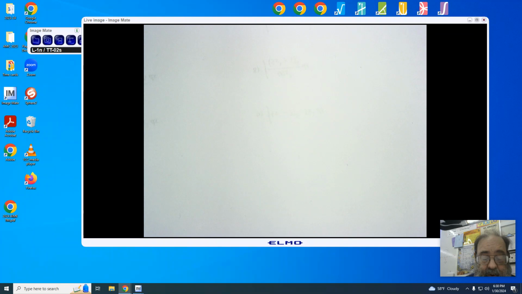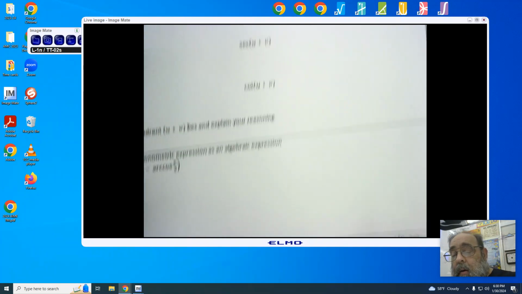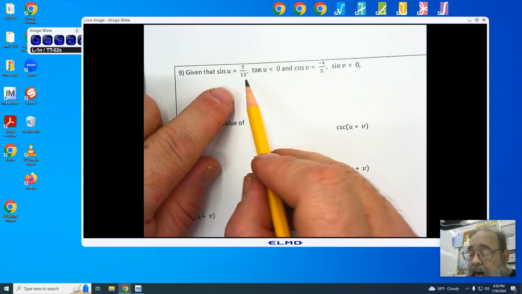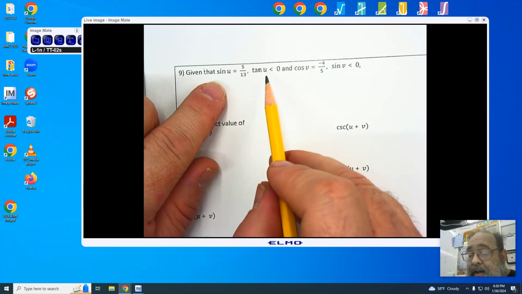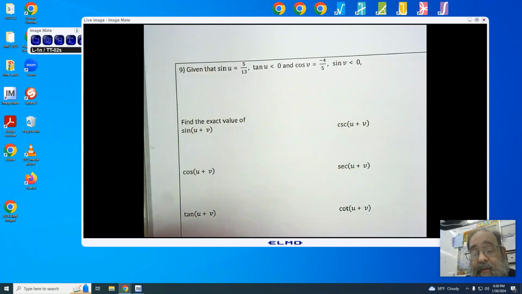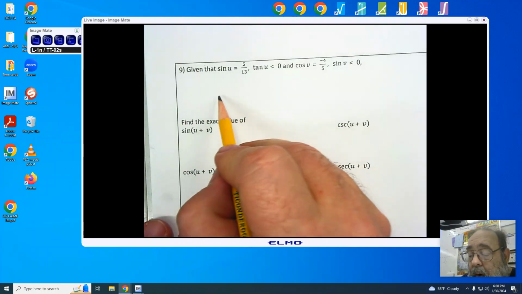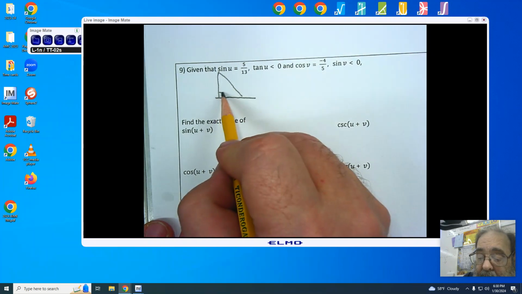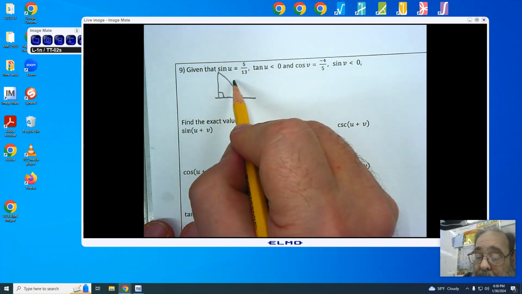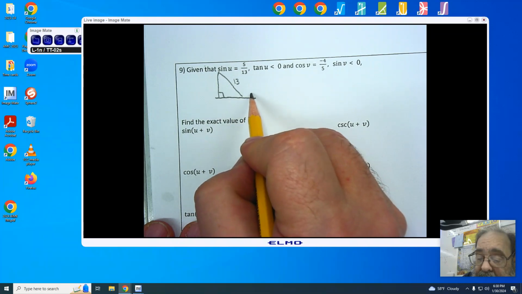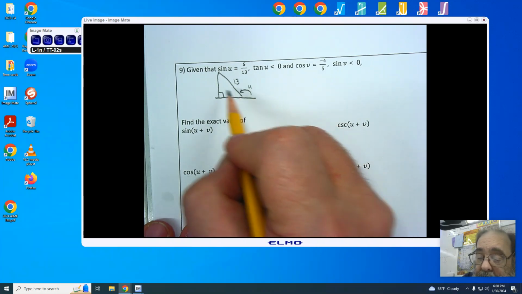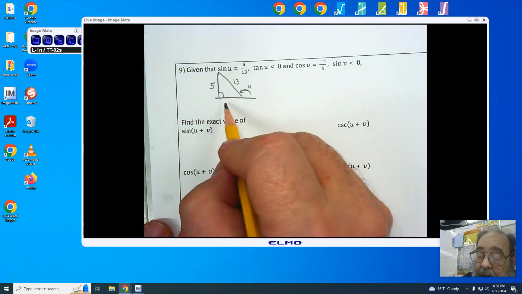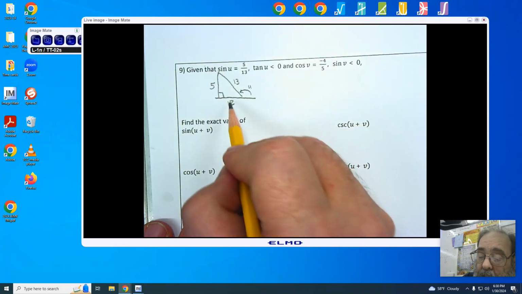You'll notice that we are going to start off right back at the beginning of this chapter. We are told that we have an angle right here. When sine is positive and tangent is negative, we are looking at the second quadrant. So we're going to draw a reference angle in the second quadrant, right angle, and we know that our hypotenuse is 13, and the opposite of the reference angle for u is going to be the 5. This is a 5, 12, 13 triangle, and we know that in the second quadrant, our cosine